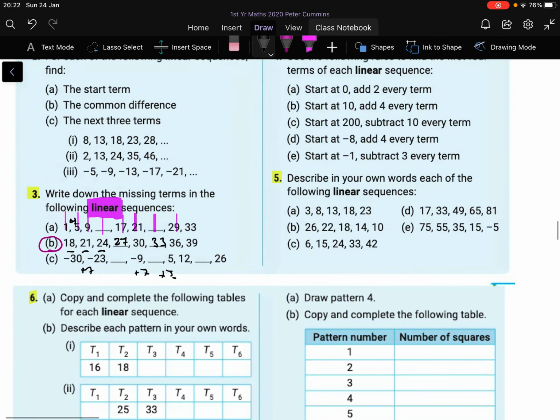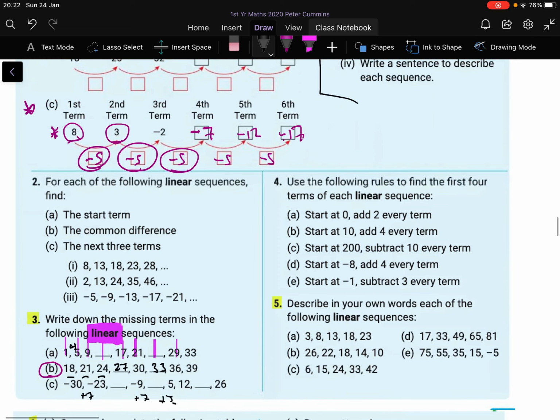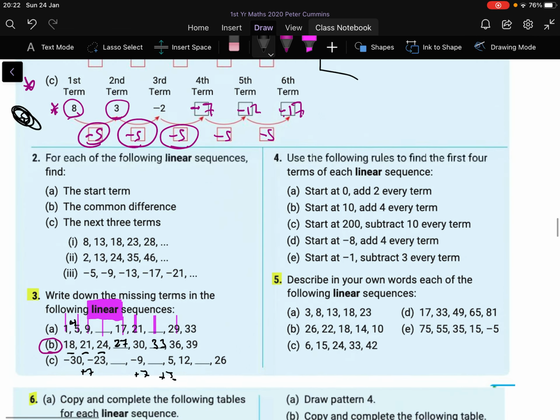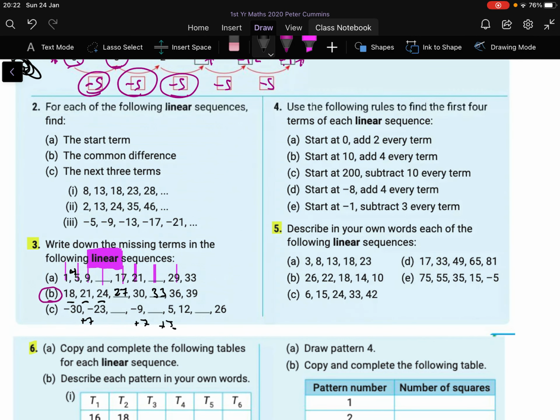Okay, on to number 5 then. So question 5, they want you to put a sentence according to these. So this is very like what we had up here in question number 1. Put a sentence to these. So again, I'll do 2 because it's 5 and you can do the rest. We do B and E, sure. Part B, so the answer to part B in words is going to be starts